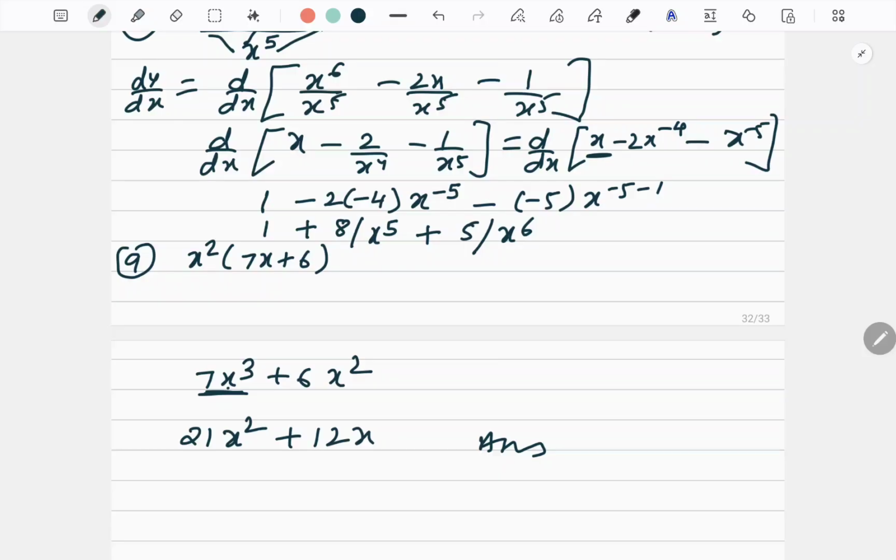Now in my next video, I will tell you the derivative of sin x, cos x, tan x, sec x, cosec x. I will explain all trigonometric functions along with log, exponential and inverse functions, and I'll do questions on that. In my third video, I will discuss the chain rule, in my fourth video we will discuss the product rule, and in my fifth video we will talk about the quotient rule. So this is how we will finish this topic.